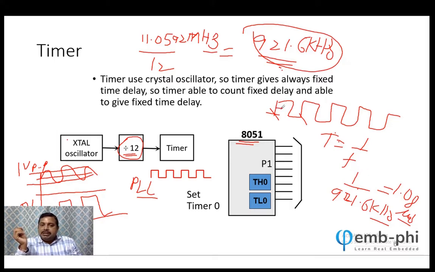This one cycle is taking 1.08 microsecond. Understand? What's the meaning of this? The meaning of this is, in case of timer, we give fixed input. It's synchronous. It takes fixed input from here, here, here. But in counter, it was not like that. In counter, it was asynchronous. Hope it is making sense.